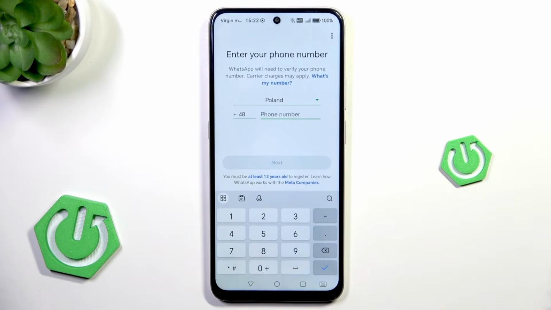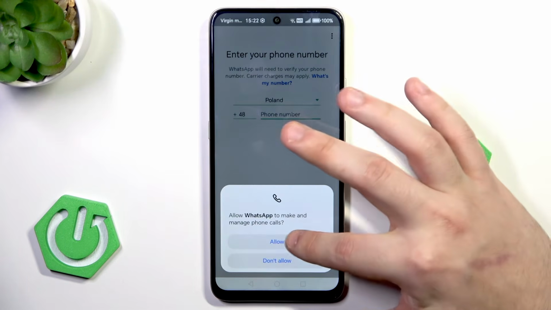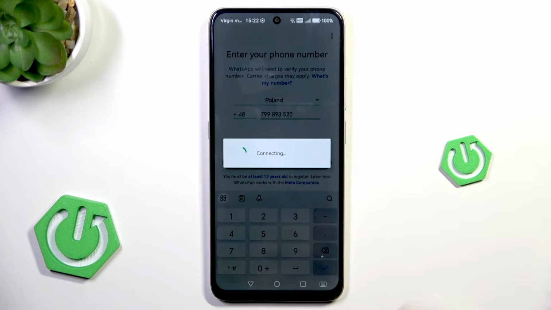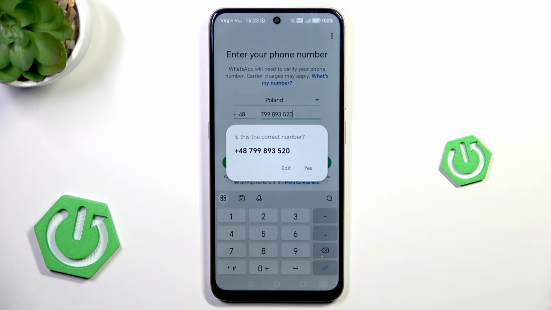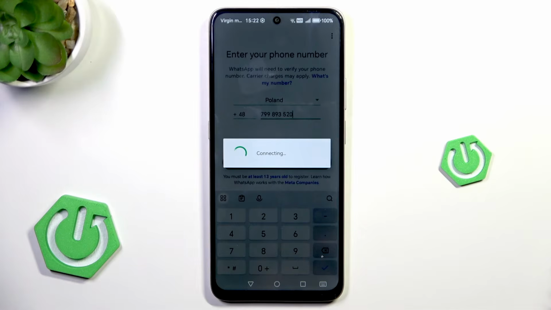Okay, now we need to type our phone number and we also need to verify it. After that, we have two methods. We can use the code from the SMS message or use the missed call function. And I always pick the second one because, in my opinion, it works much better. So now simply type your phone number, then click on next, click on yes,